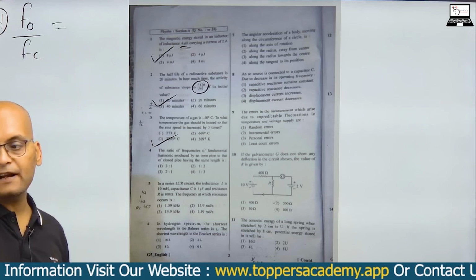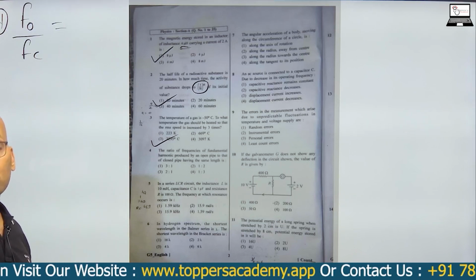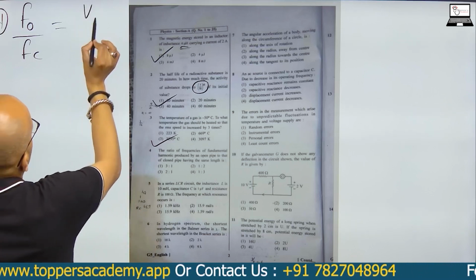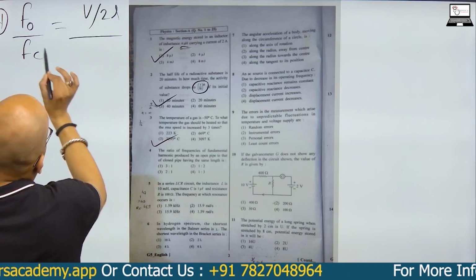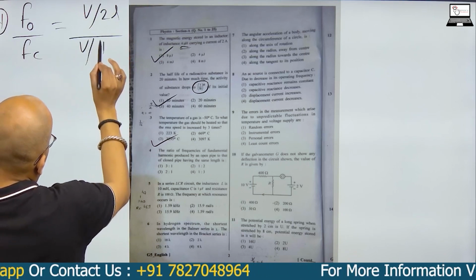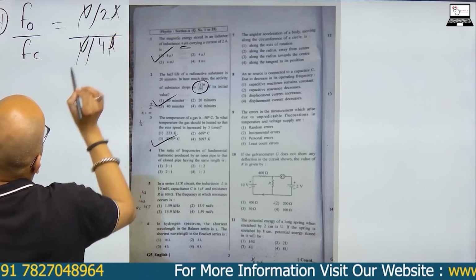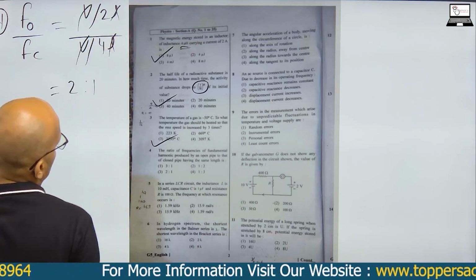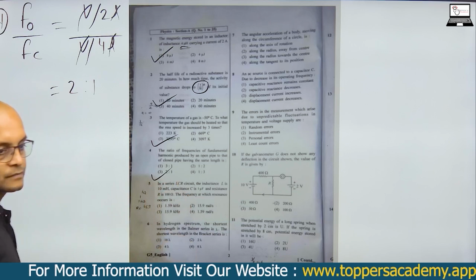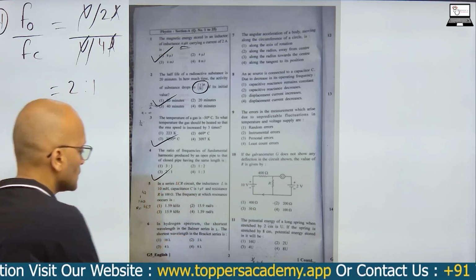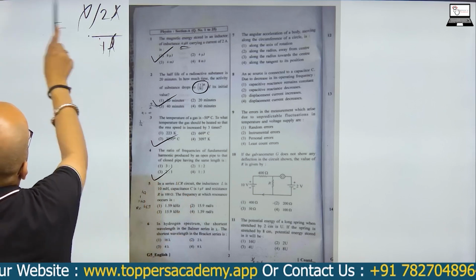We all know that for an open organ pipe the fundamental frequency is given by the formula V upon 2L, and for closed it is given by the formula V upon 4L. V cancelled, L cancelled, answer is 2:1. Very easy question. Next is,